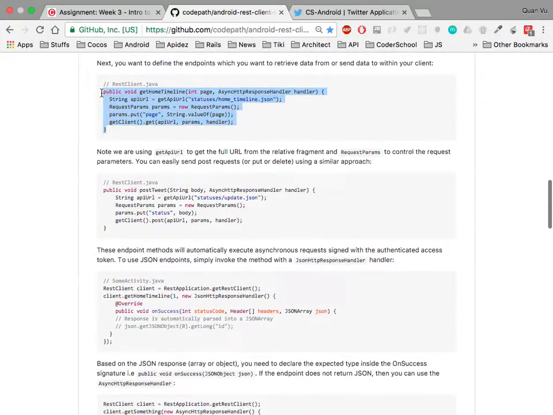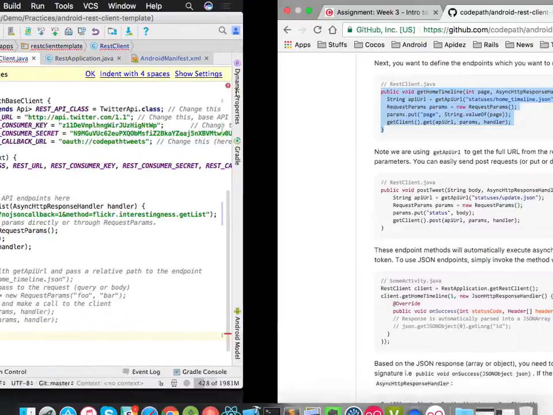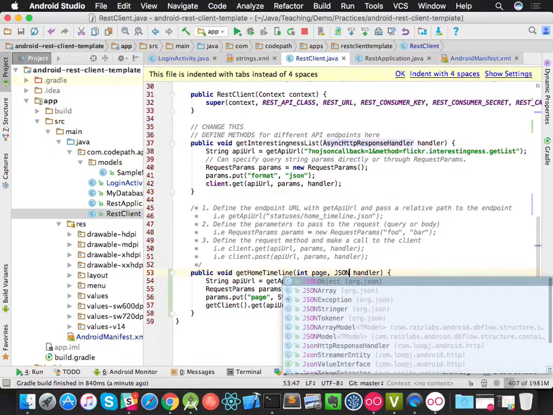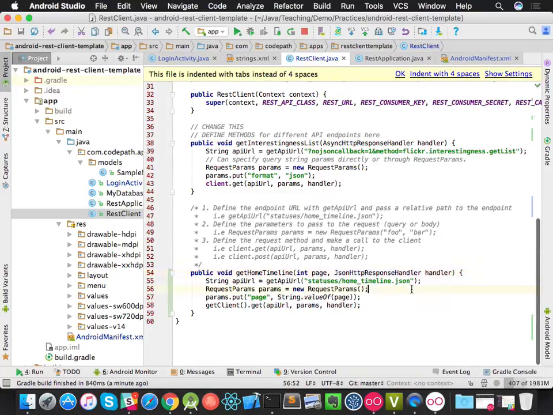Okay, get home timeline. See, they have everything for you. So I got to copy it. Okay, stated home timeline, and I don't want it. I want something different. Okay, so this time they don't use